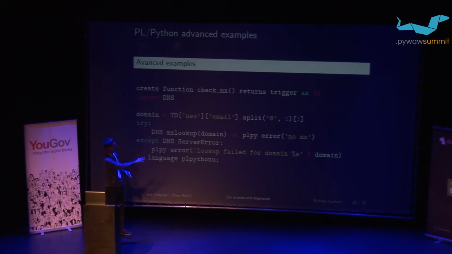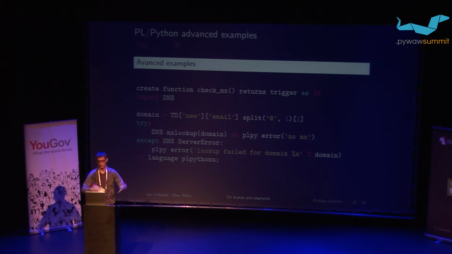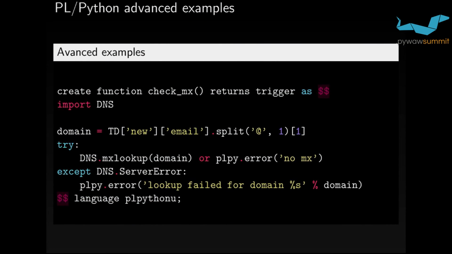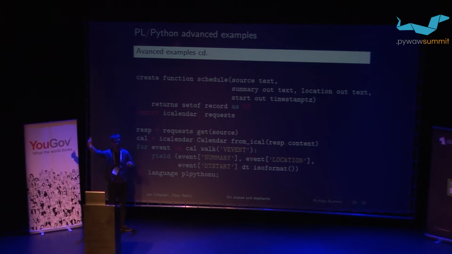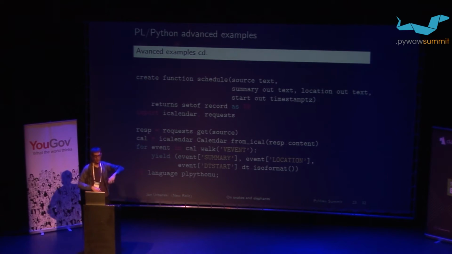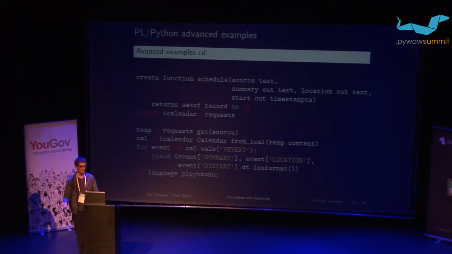I'm omitting error handling here, and of course this is just a sketch, but it's one of the things you couldn't do otherwise. You couldn't do just a network request from inside your backend. Here you can because it's just Python. And this is an example of doing yet another crazy thing, progressing in the craziness scale, where we pass in a URL, and it gets the iCalendar source from that URL, and yields events on that iCalendar. So I could pass this function, schedule, an arbitrary iCalendar URL, and it will give me a